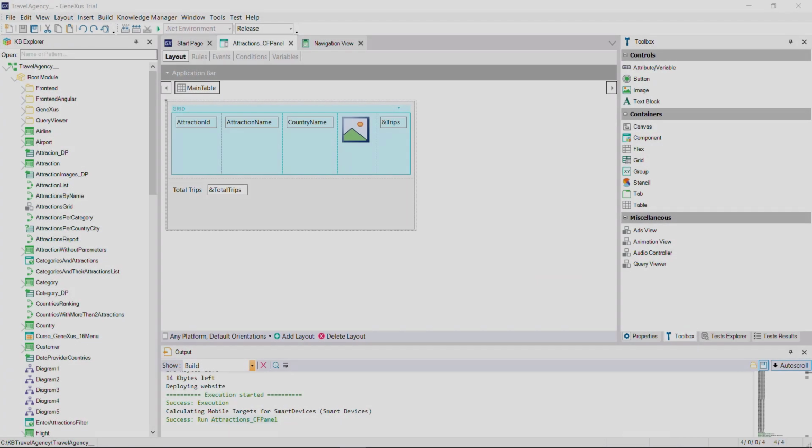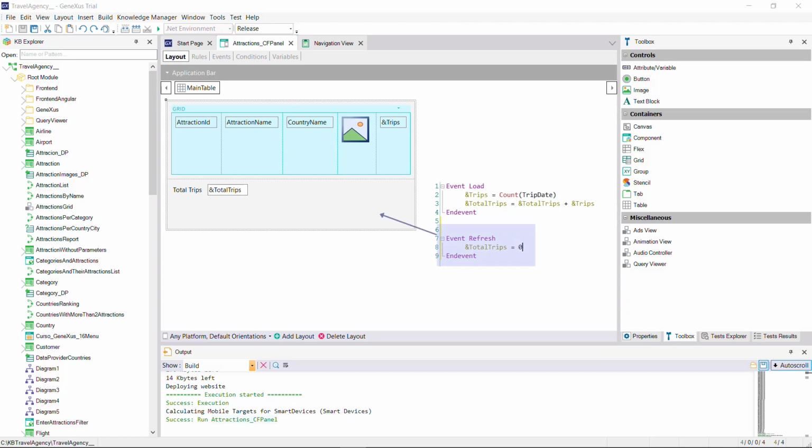In our example, as the refresh is triggered first, the total trips variable is initialized, and the fixed part is loaded. Later, the load event is triggered, which is where total trips is loaded with the correct value, and the grid is updated, but the fixed part was already loaded before and is not redrawn. Due to this feature, we cannot program the panel object as if it were a web panel. In another video, we'll have a closer look at the triggering of events and the determination of base tables.